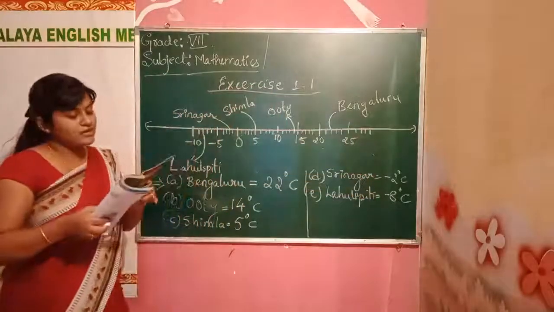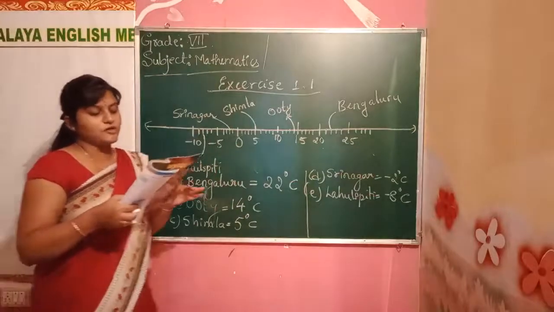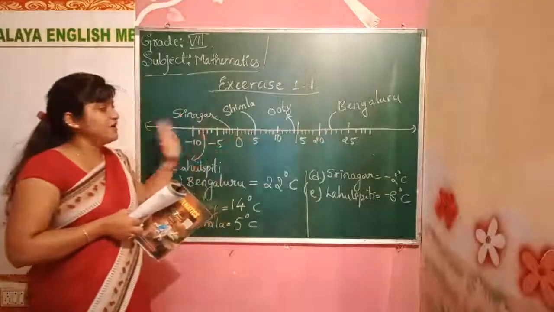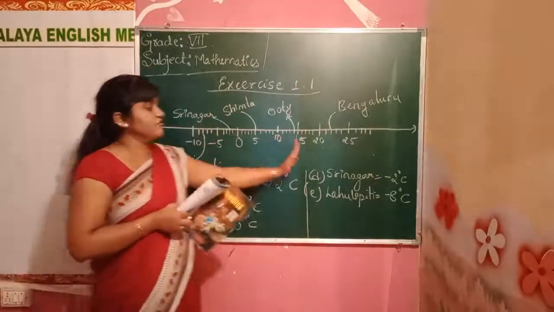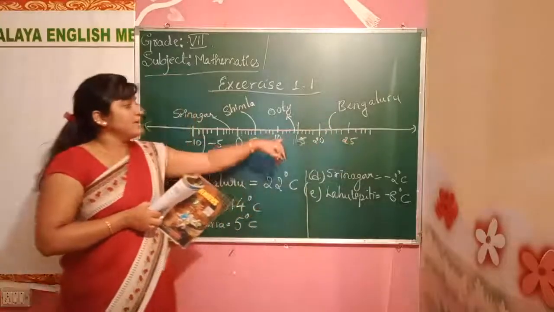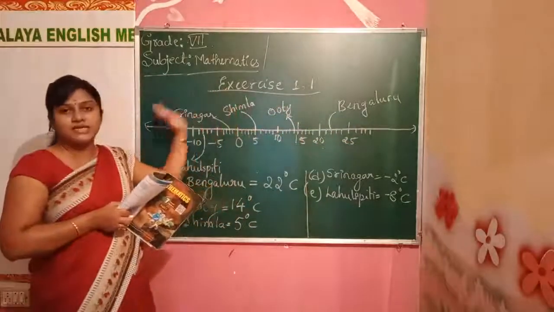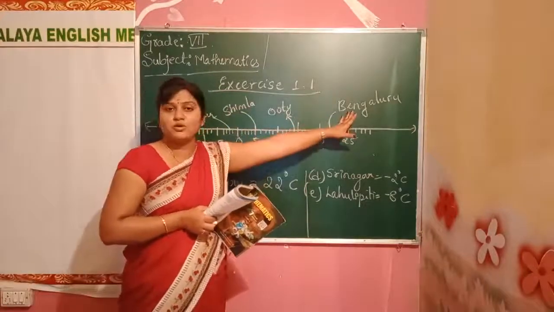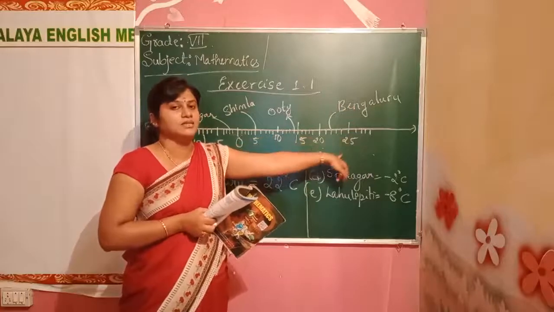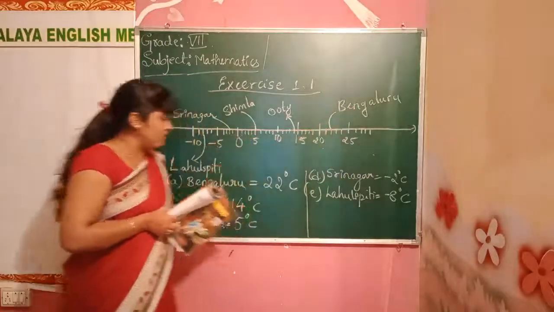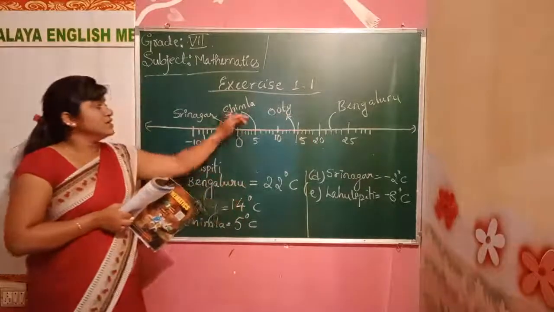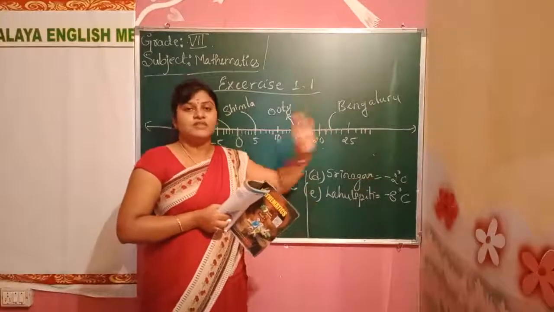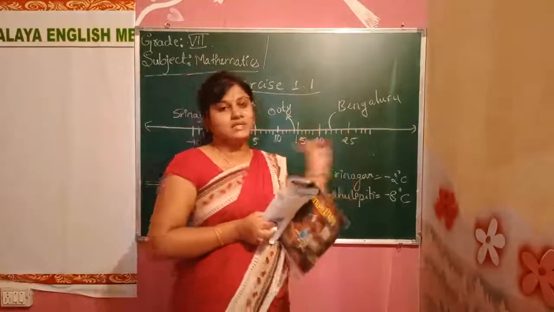First question what they asked here, observe this number line and write the temperature of the places marked on it. So this is the number line. They given a different degree Celsius. They have written 5 different degree Celsius, and they mentioned the cities also on the particular degree Celsius. So what we have to do here, we have to see in which degree Celsius the Bangalore is placed. That we have to count and we have to write. Like that Ooty we written, Shimla also and Srinagar also we did, Lahul Spiti also we did. The different cities have a different degree Celsius. That is the first question.